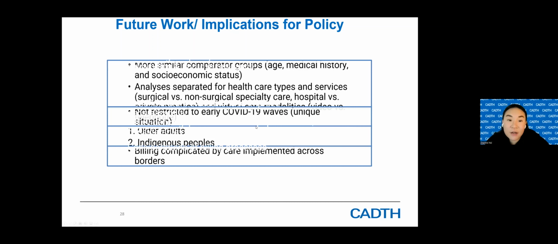And next, there's a need for future evaluations to improve generalizability to other stages of the pandemic or, in a more hopeful scenario, outside of the context of COVID-19. So much of the included evidence that we came across was restricted to the early waves of COVID-19, which is a situation with distinct factors that limit the generalizability.